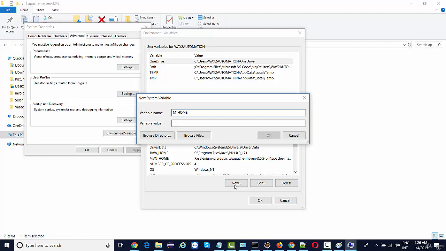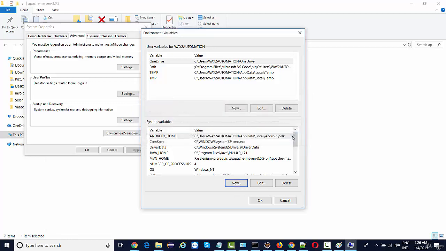At times you may see people create M2_HOME. You can do it that way as well. You can do it with MVN_HOME as well, and paste this path. MVN_HOME is like Maven home. Click on OK. You'll find Maven home created over here.